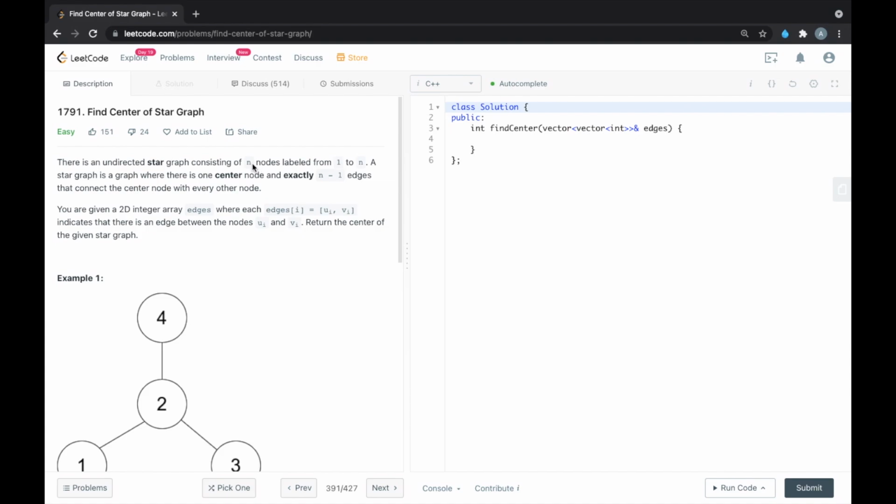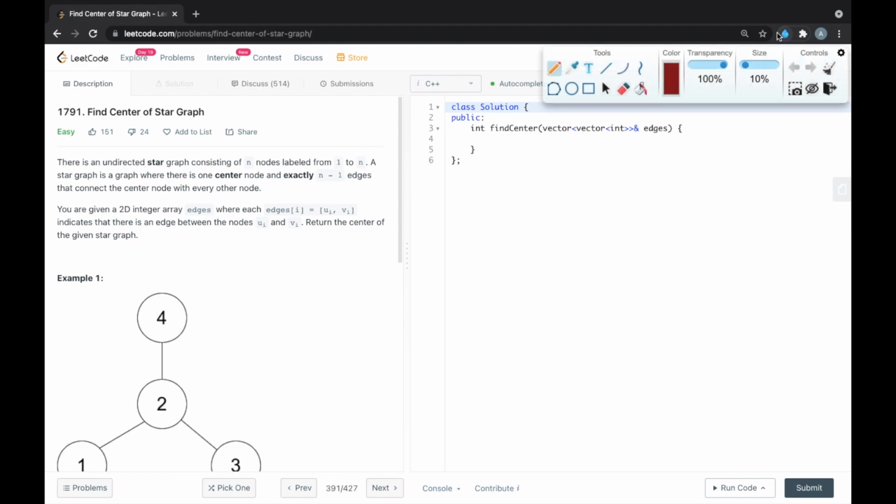So there are n number of nodes and these nodes are labeled from 1 to n. A star graph is a graph where there is one center node and exactly n minus 1 edges. So in case of star graph, there will be one center node and there will be n minus 1 edges. So let's understand this from the given example number 1.